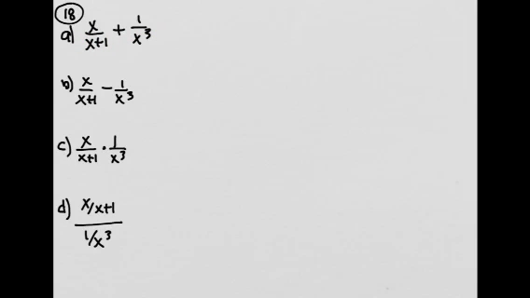Okay, so that means that we multiply the first one by x cubed, showing x cubed over x cubed. So then that gives me x to the 4th, okay, and then the second one we multiply by x plus 1 over x plus 1,